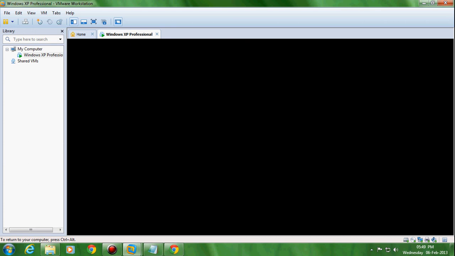Otherwise it will come back to the same menu, like first try, second try, then go for the second option. In any of the situations, with any of the selections, the NTLDR is missing error will be fixed and automatically the machine enters into the operating system.